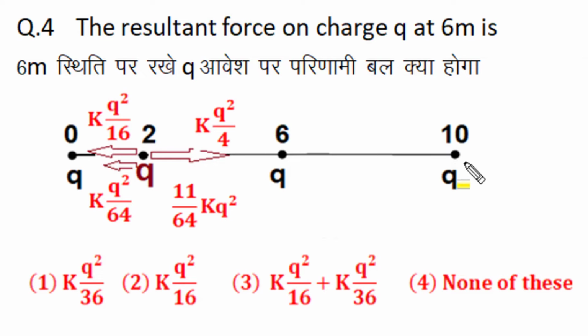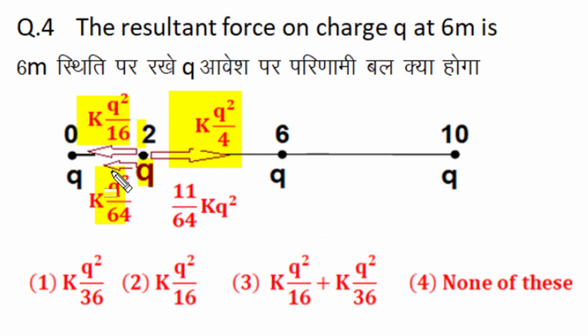In a similar condition, if one has to find the force on this Q charge placed at the 2 meter position, then we will find that the force of the 0 meter position charge at 2 meter distance will produce a repulsive force of KQ² upon 4, where 4 is the distance square. Distance is 2 meter and 2 square is 4. Similarly, the charges at the 6 meter position and 10 meter position will produce respectively KQ² by 16 and KQ² by 64 force of repulsion in the opposite direction,